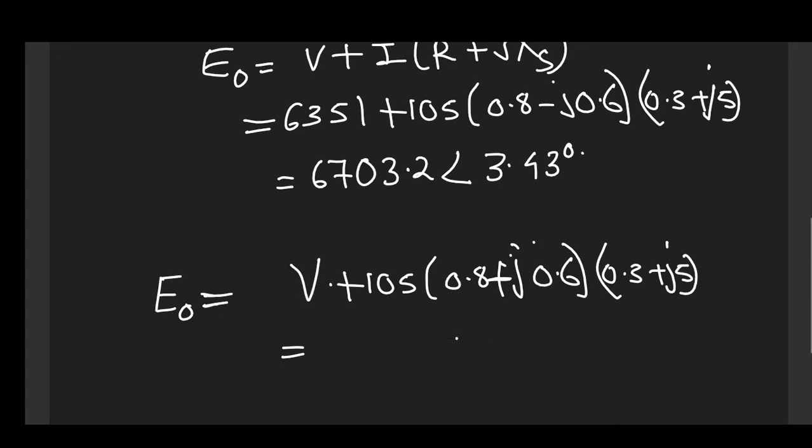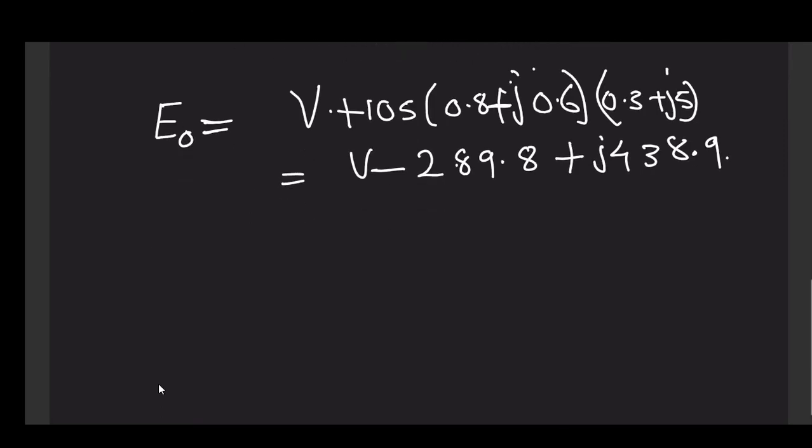Right, that is why I couldn't figure it out. Yeah. So what we have here, we are having V minus 289.8 plus j438.9. Right. So if you see this, you can use that triangle law, or